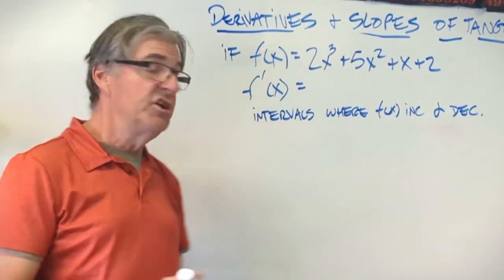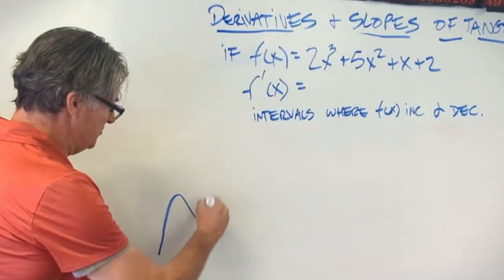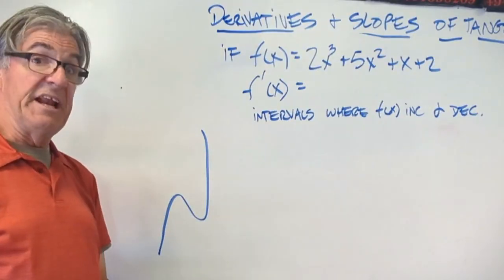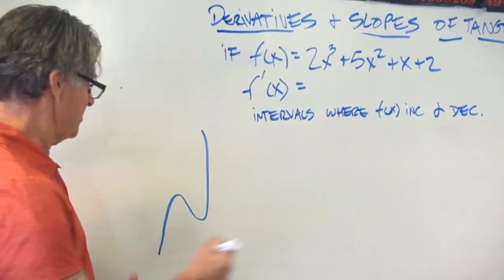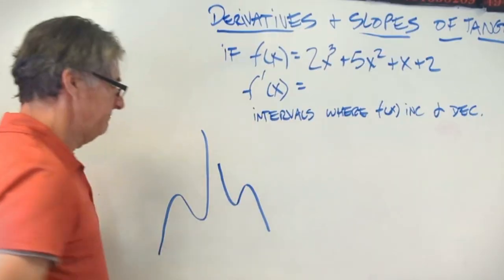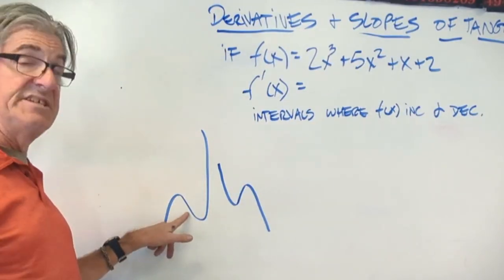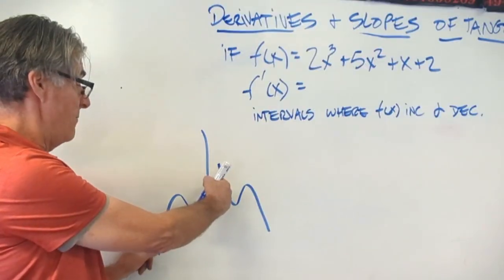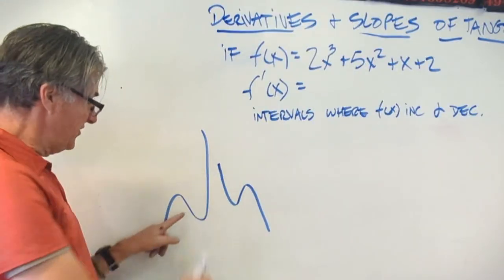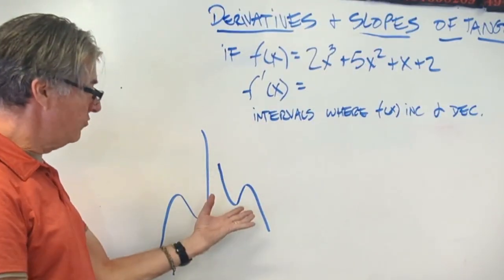And if you remember, cubic functions have a habit of doing something like that. So we're going to get some interesting intervals. It could also be like this. Okay, so in this case, you have 2 increasings and 1 decreasing. So the derivative would be positive during these 2 intervals and negative here, or the opposite way if the function